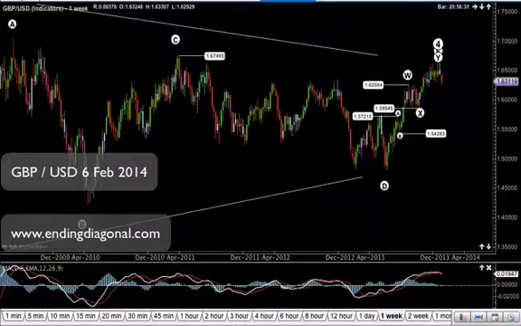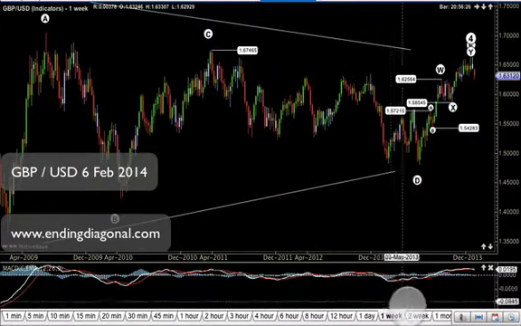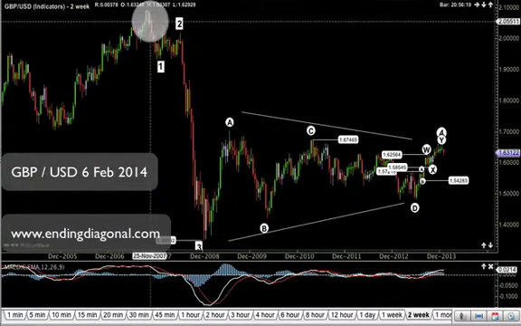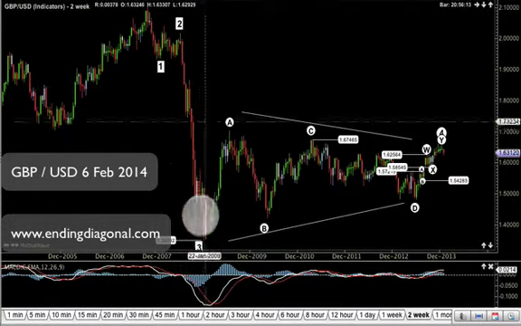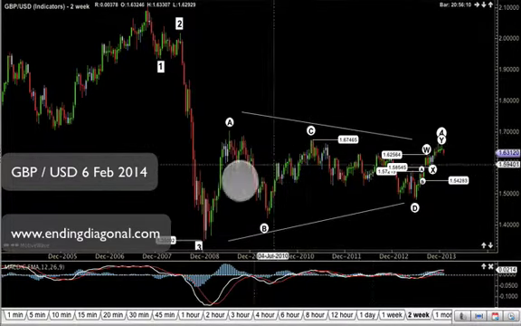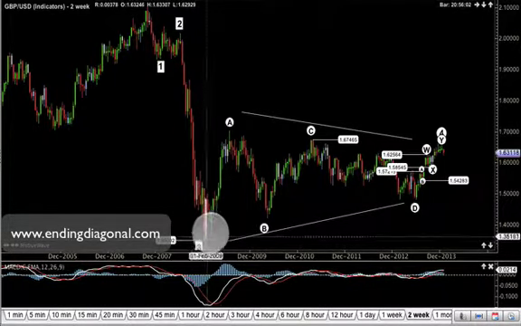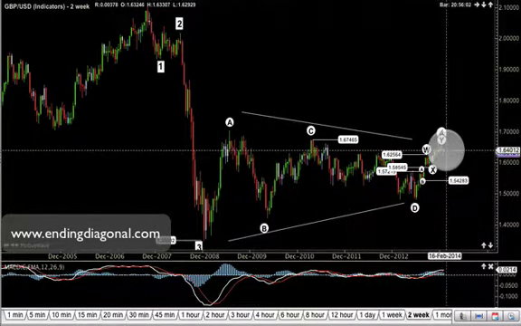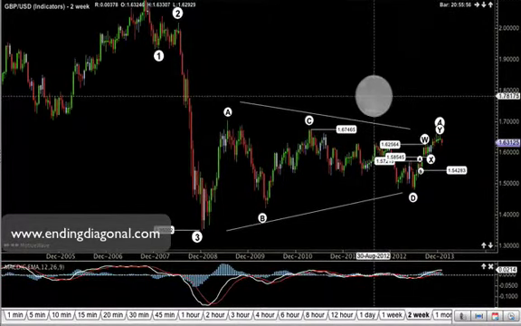Let's start off with a weekly chart, and this shows that we are in the end of a triangle in wave 4 on a larger degree, 1, 2, 3, and this triangle has stretched out for several years now already, from 2009 Jan to the present. So it's been a good 5 years for this triangle to have stretched out, and this is a wave 4